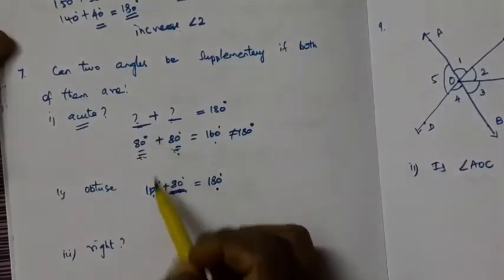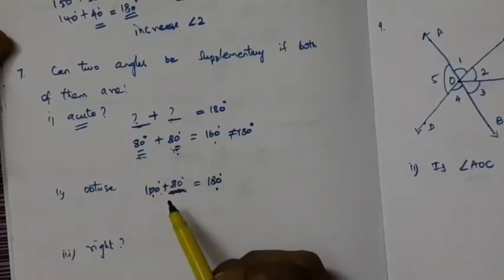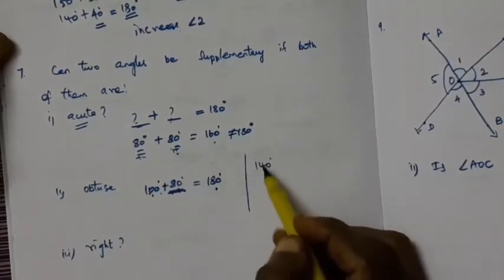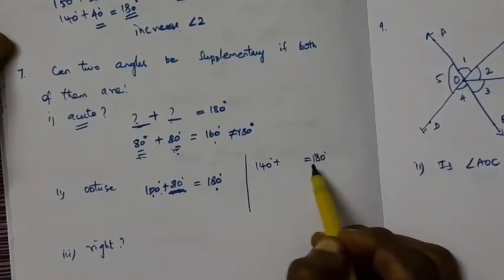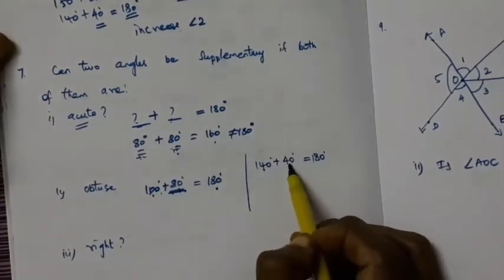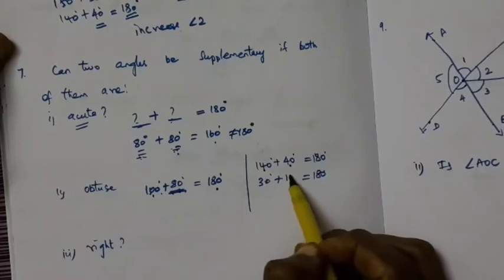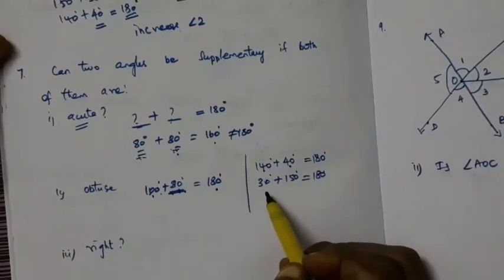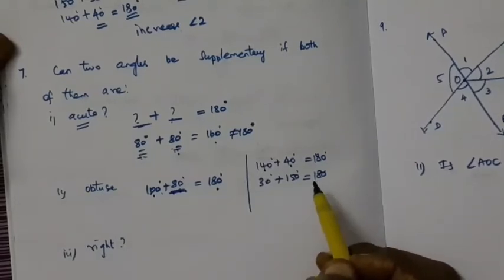So what we can see from two examples is, to get a supplementary angle, if one of the angle is acute, surely the other angle should be obtuse angle. For example, I am taking obtuse angle 140. So I have to take some other angle so that I will get a 180. What is the only possibility is 40. So this is obtuse and this is acute. Okay. So 30 should be added to 150 to get 180 degree. So always one of the angles should be obtuse and another angle should be acute. Then only they will add to get a 180 degree. You can try more examples.